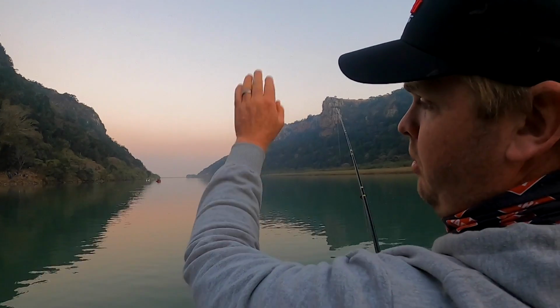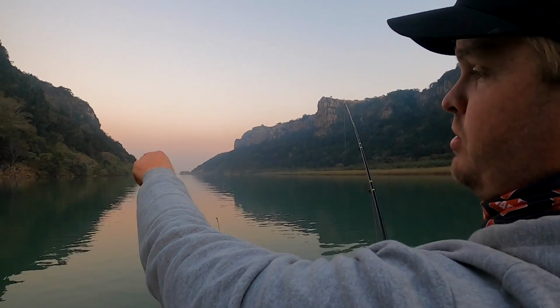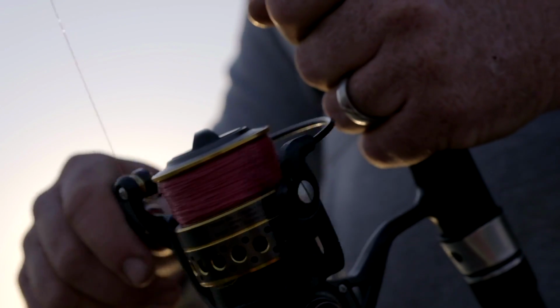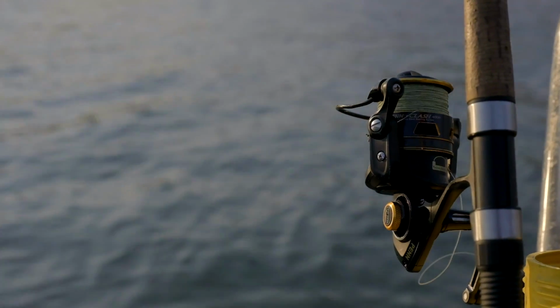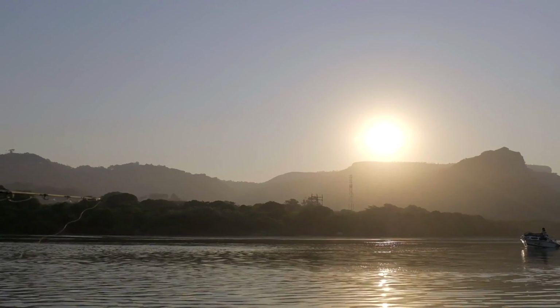There was one boat, that white one right in the front, and he went on. When we arrived, there was an oak on the rocks that was on, and then that oak in the white boat went on, and then Byron had an on-off, I had an on-off, and then our live bait went on. So with this pushing tide, it makes sense that these garrick were probably moving up the river, moving up in a bit of a shoal, and as they moved up, we started going on,